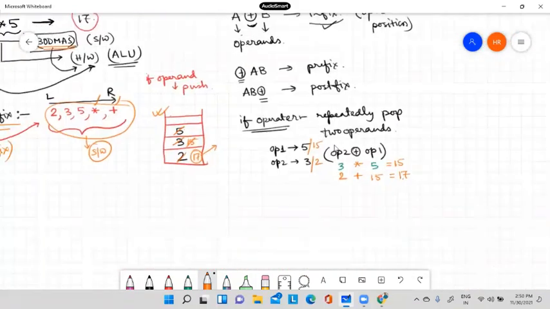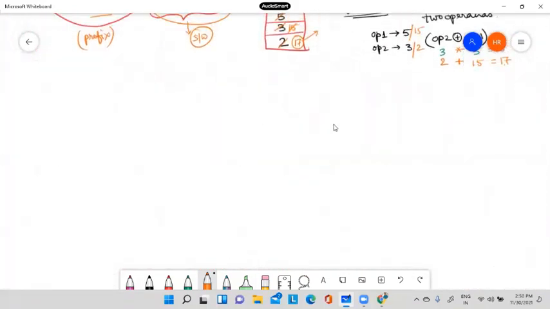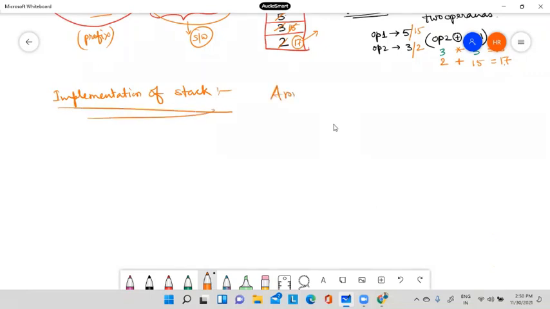Now we will try to understand how to implement stack. Implementation of stack. We will discuss both the implementation using array and linked list. How to implement stack using array?